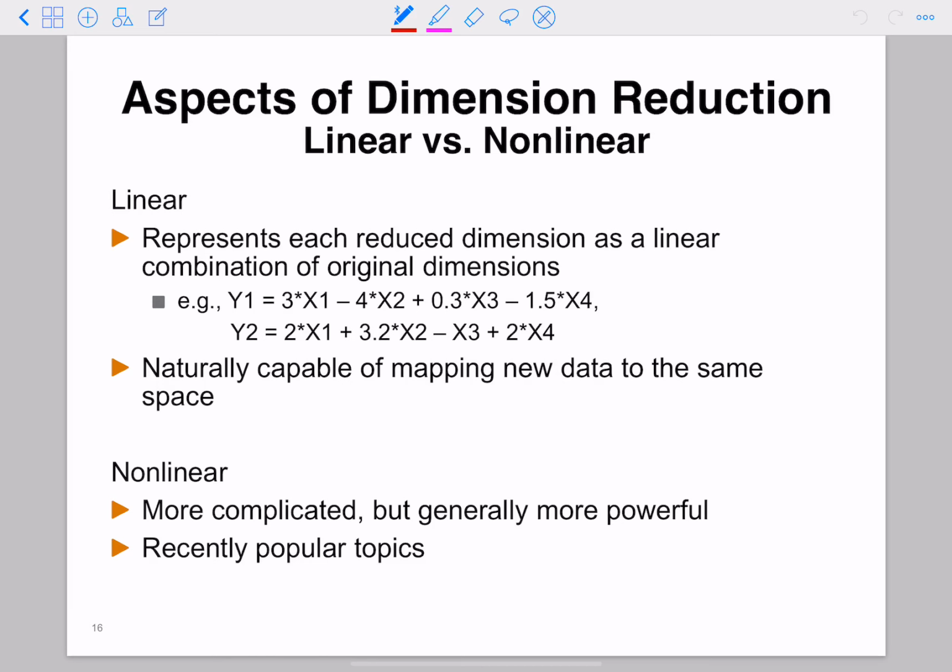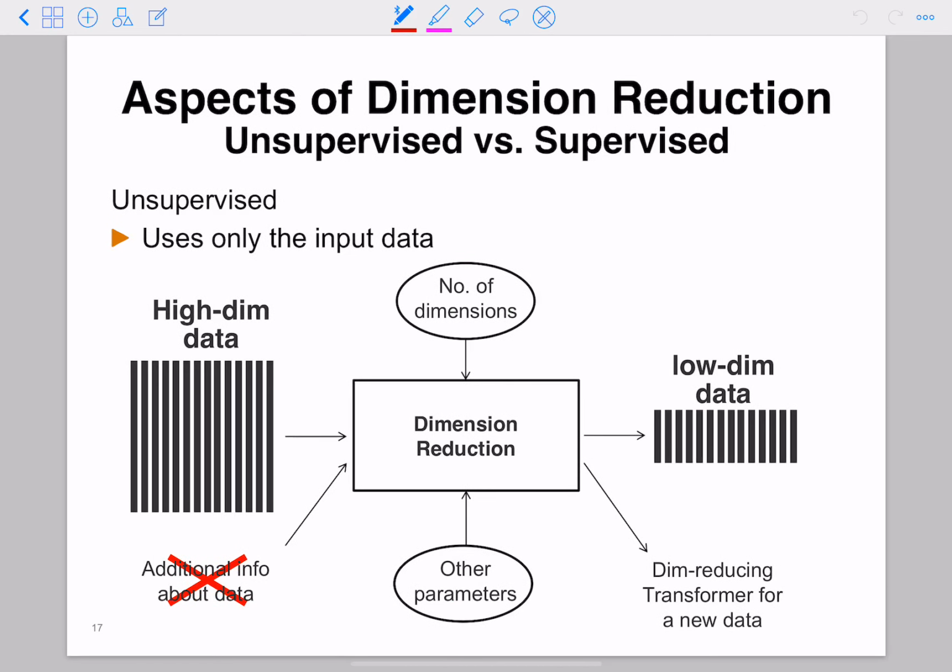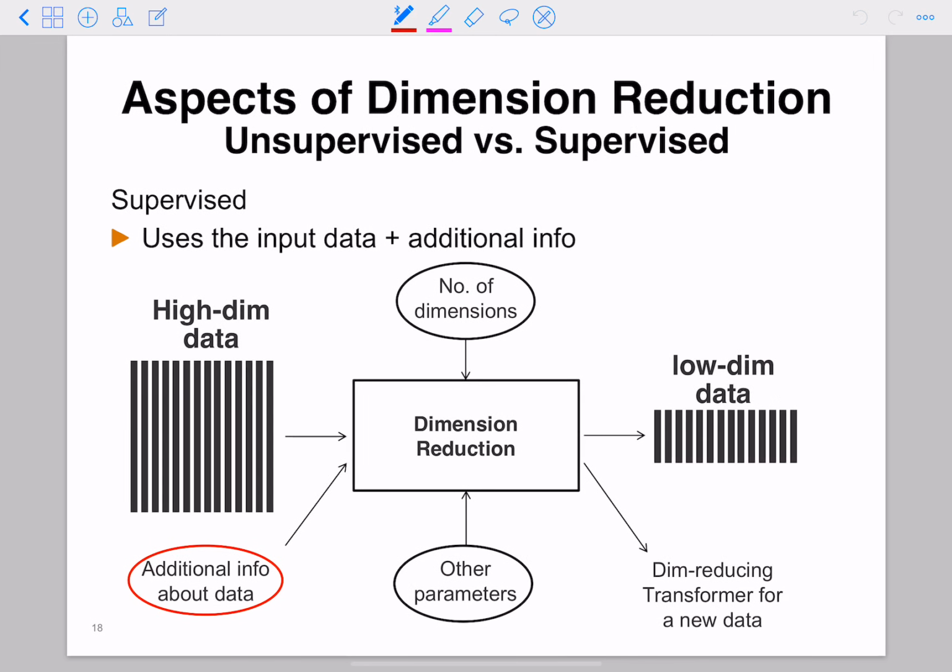And there are other nonlinear methods as well. In the case of unsupervised versus supervised dimension reduction methods, if we just take the high dimensional vector representation as a single input and then perform the dimension reduction, it is called an unsupervised dimension reduction method. But in the case of